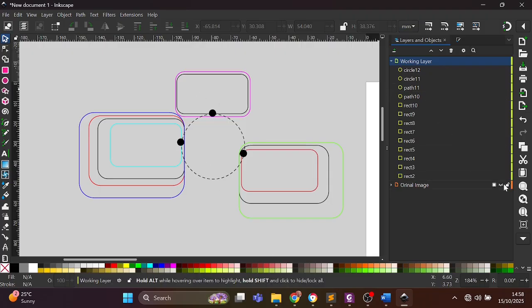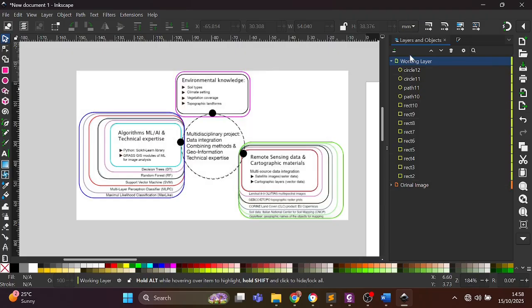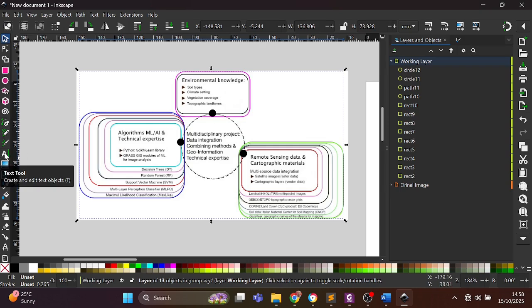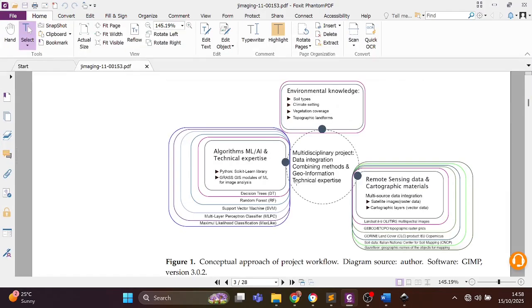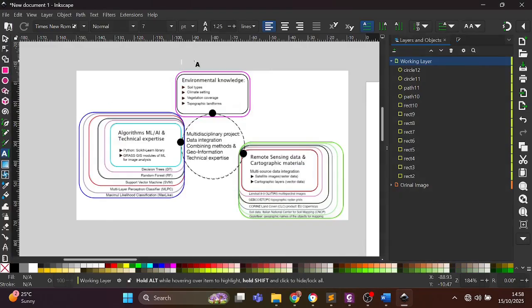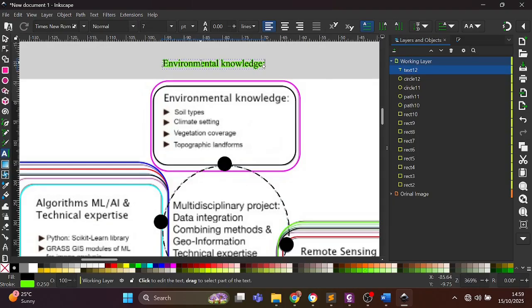Now what is left is the text. So let me show the background image. So we need to add this text as seen here. So I'm going to pick the text tool, then click here. Then I'll go back to the paper and then copy the text, just like that, and paste it. So the text is coming up with a green color,